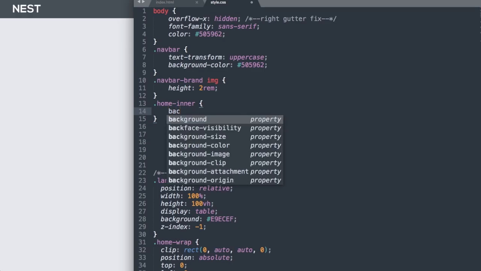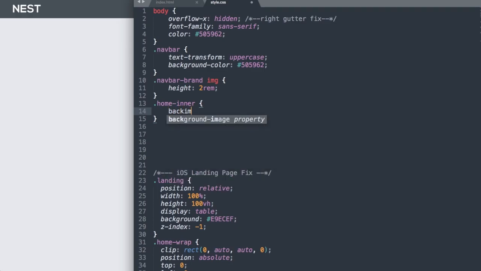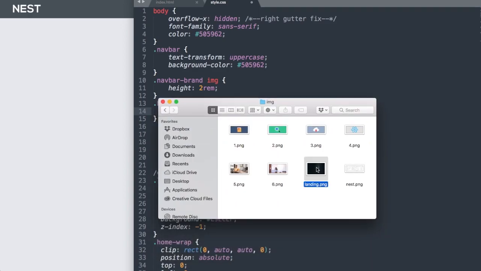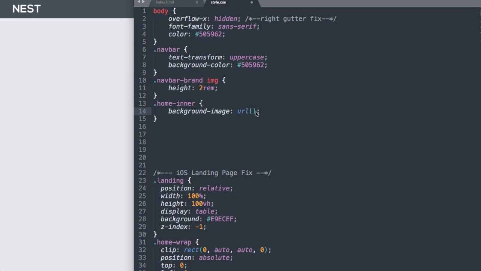So we'll just say home inner background dash image, and then URL in parentheses and a single quote. That's going to be the img folder, and then landing.png. So img/landing.png,